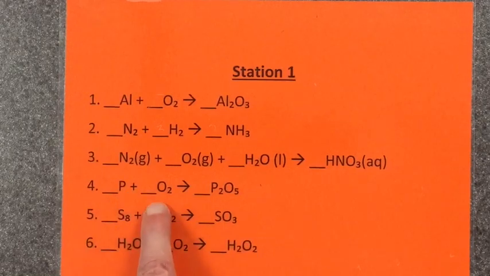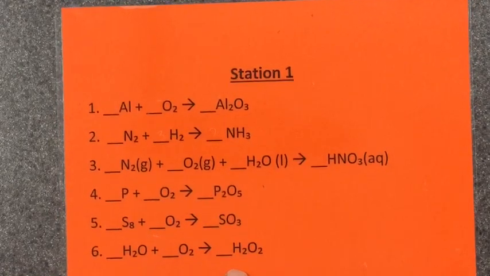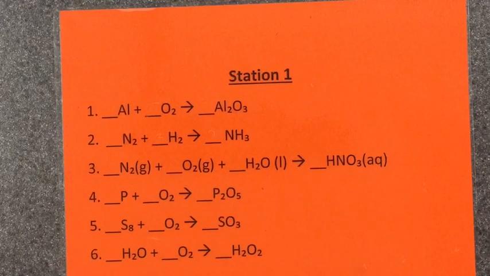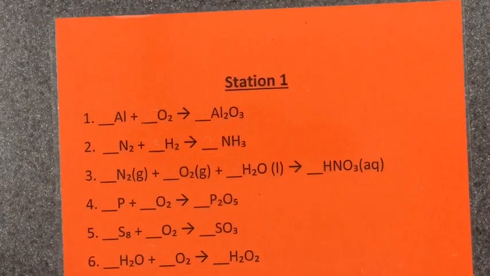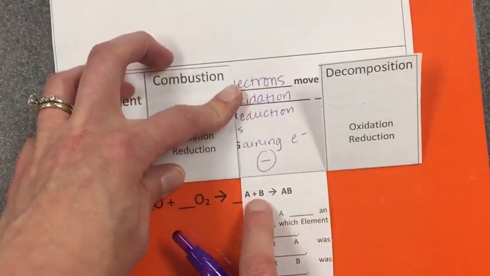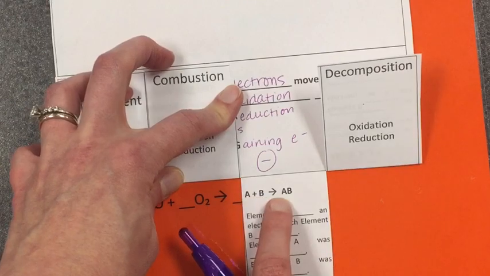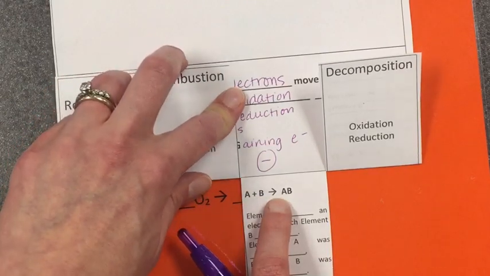So when we're taking multiple substances and combining them to form a single product, what type of equation is that? That's going to be a composition reaction. Okay, so in composition reactions, we take two or more simple substances and combine them to form a product. Okay? All right. At station 2,